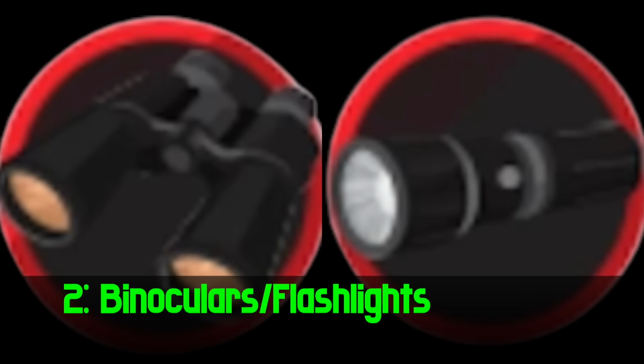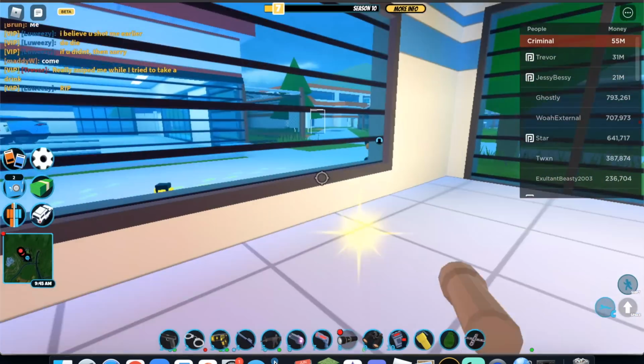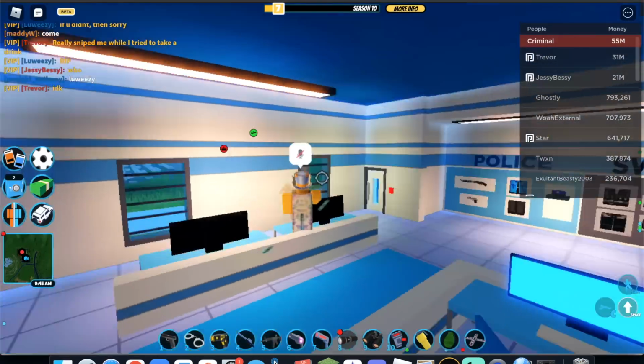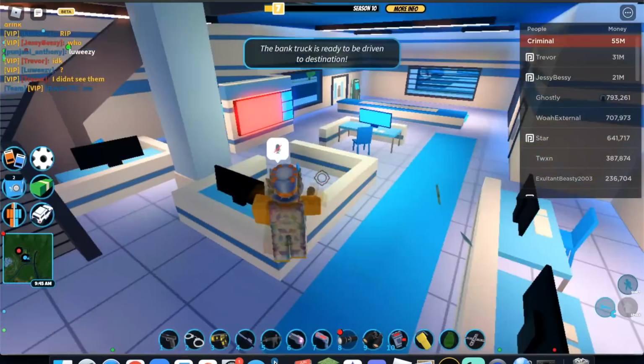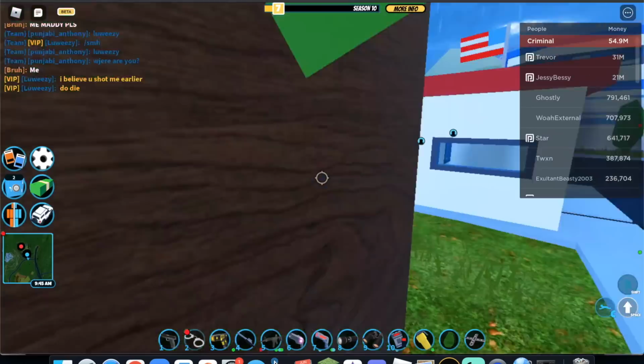For our penultimate forgotten feature, we have binoculars and flashlights. These items are so useless and no one ever uses them. With the flashlight, it's pretty pointless because there's no area of the map that is dark enough to warrant it. The flashlight lights up barely any amount of space, and the map in general is just so bright that the